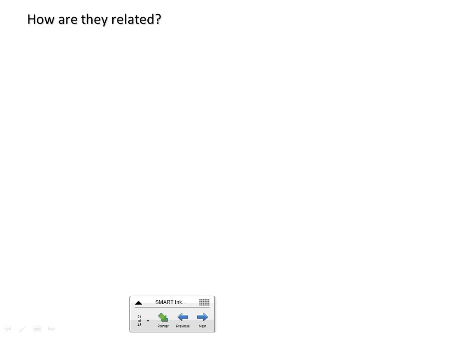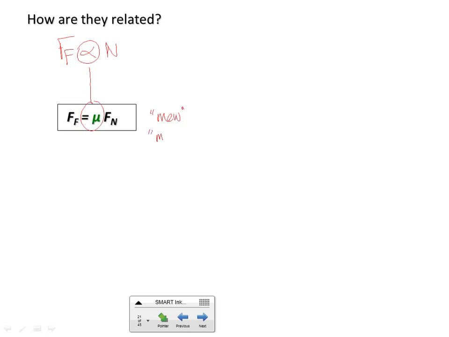Okay. How are they related? Well, they're related, really, directly. Frictional force is proportional to normal force. And really, you can always replace "is proportional to" with "equals a constant times." All right, so we say that friction force equals mu. It's not really spelled this way, but it's said that way. Mu, it's a Greek letter mu,